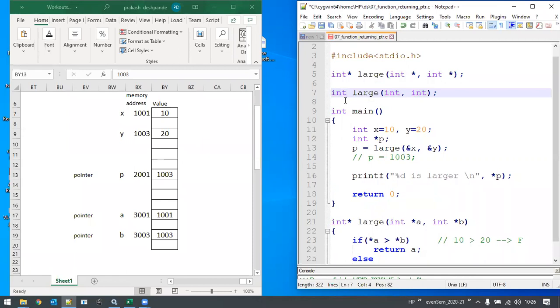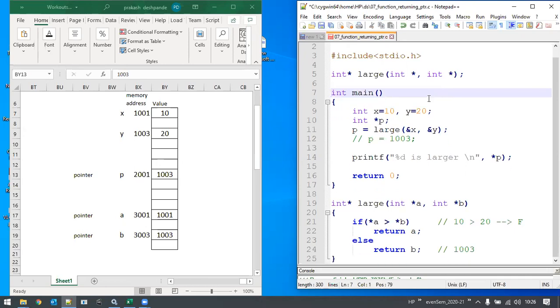Now, if I execute that particular program and compute the time taken, that will be much longer than what this particular program takes. The pointers work efficiently and they work faster than the other way. That is the main advantage of having pointers in the programs.